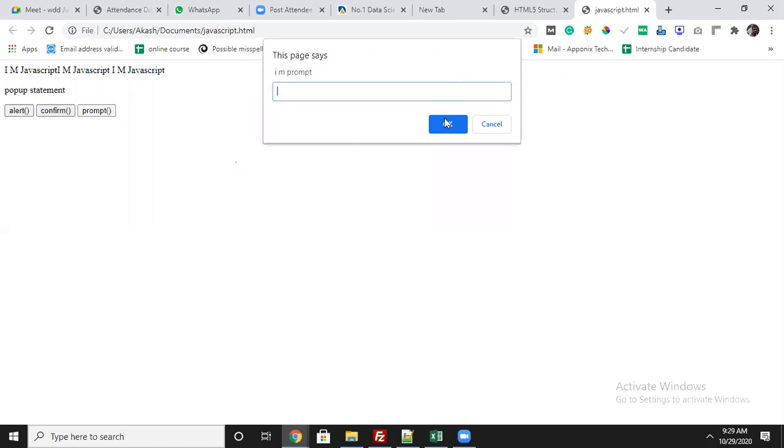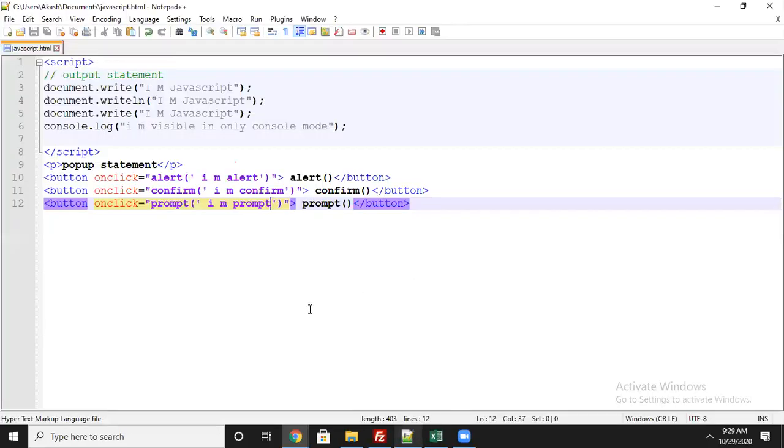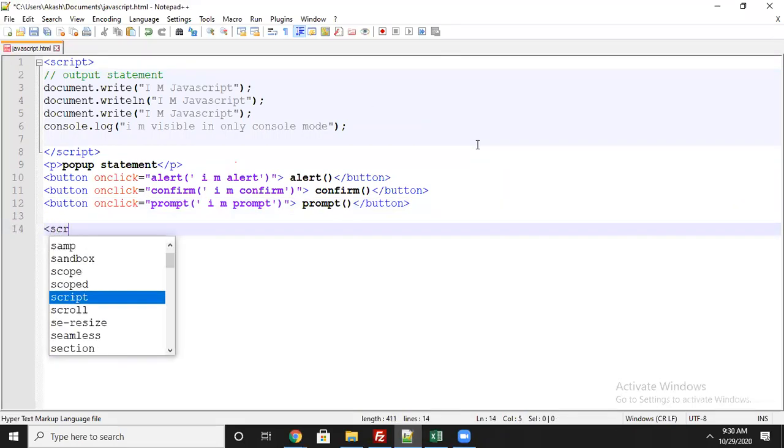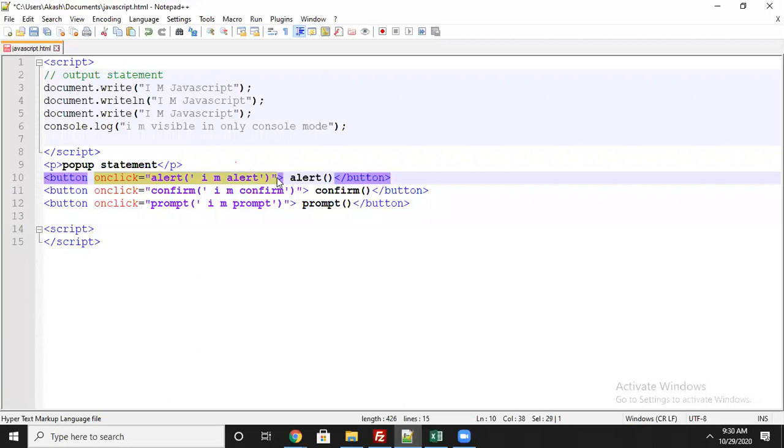Let's see, now I will come to the next one. You got the idea how to do things. Next, I will tell you how to declare variables in JavaScript. If you want JavaScript, you can use the script tag. Before that, writing JavaScript within a tag is called inline JS. Writing JavaScript code within a script tag is called internal JavaScript.